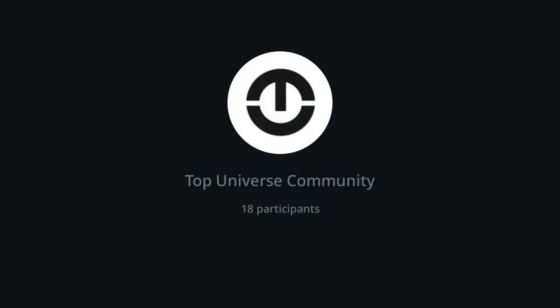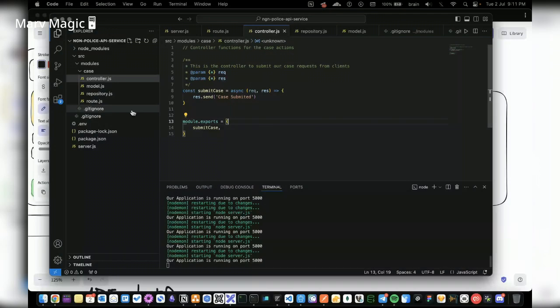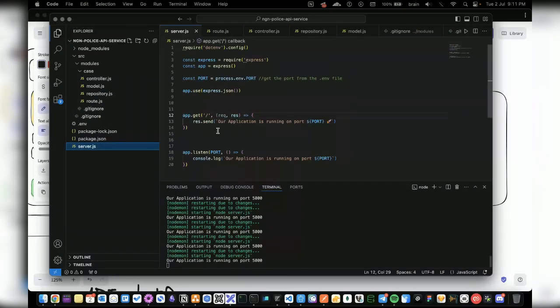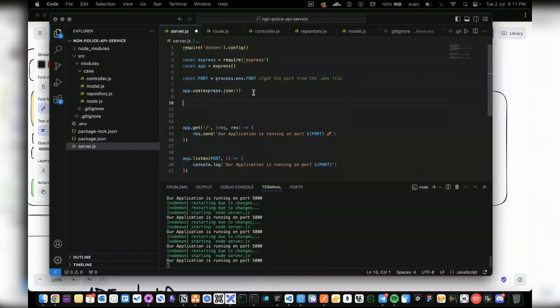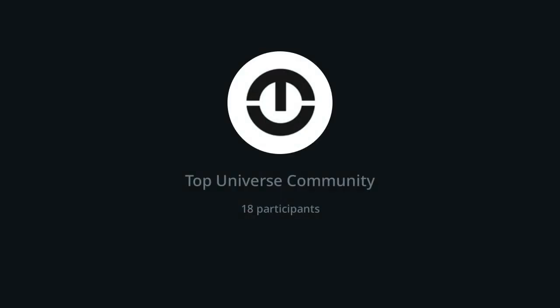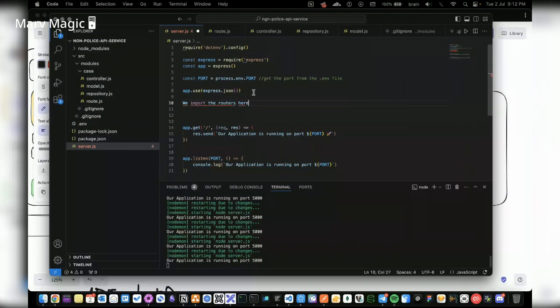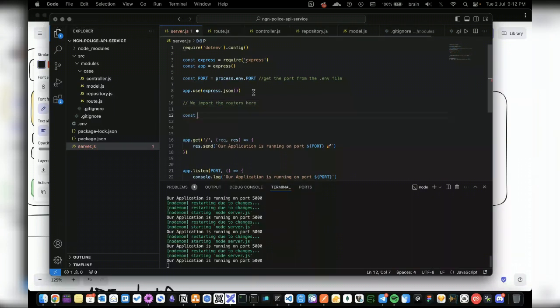What we can do is to then import that. We need to import this particular route into our main file so that we can at least see the path. So we import the routers here. That's a comment, by the way. Let's just say const here, and we bring in the case router, and we'll say equals require.